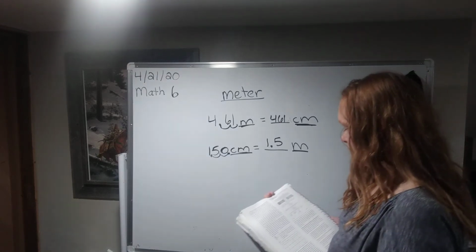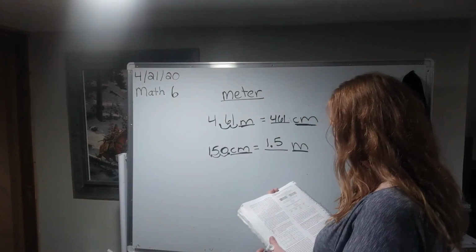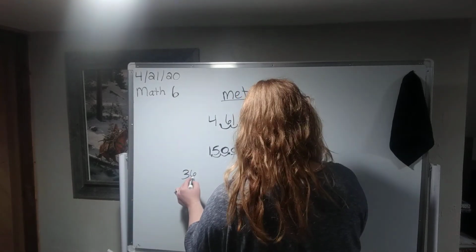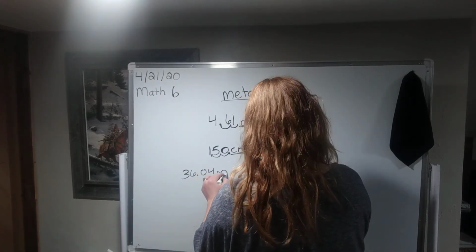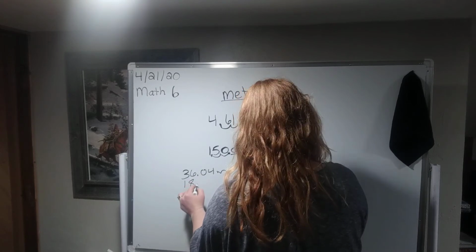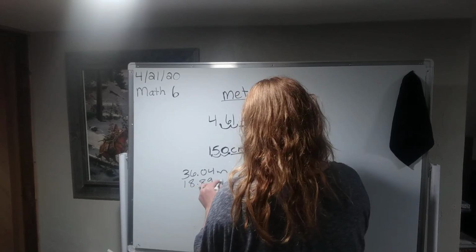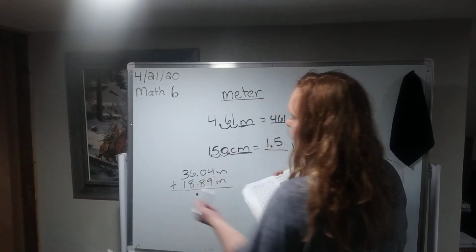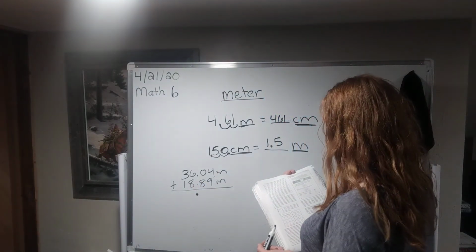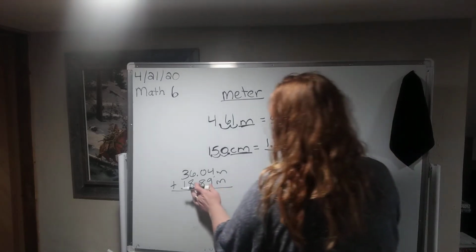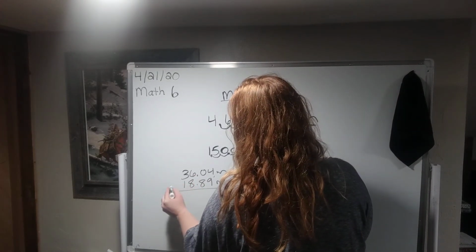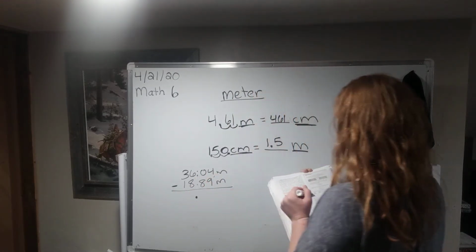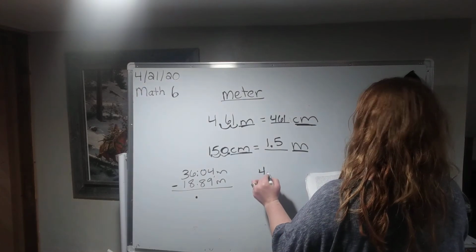Now, we can add, subtract, multiply, or divide meters. Let's look down here at some problems. Remember, if we add anything with decimals, which is what we're doing, we just bring down the decimal and we add accordingly. If we subtract, I'm just going to show you if I change this to subtraction, I still do the same thing. I bring down my decimal. But remember, if we multiply,